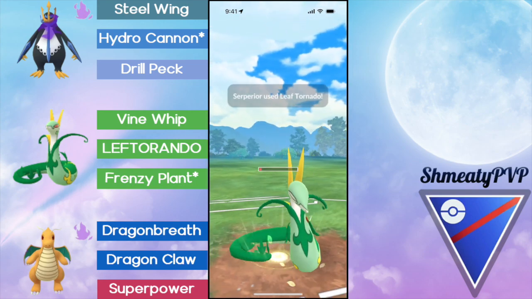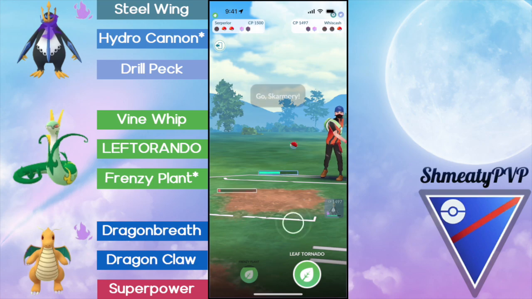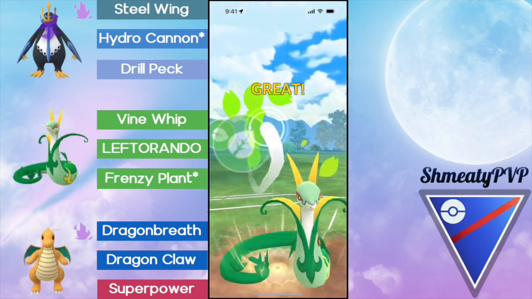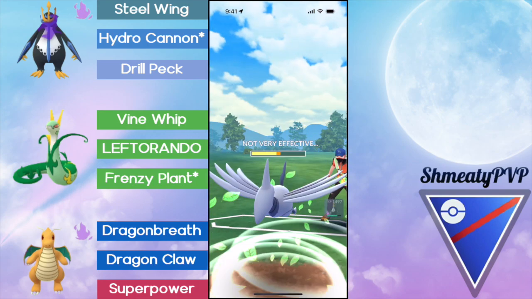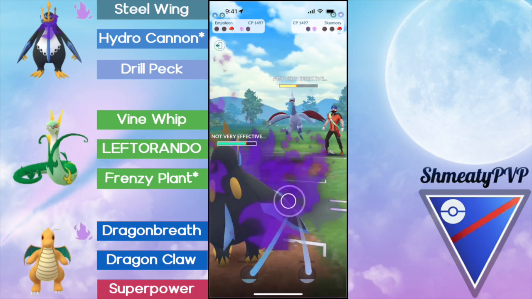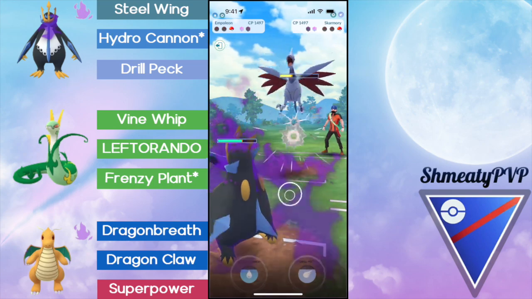I'm going to throw the LEFTORANDO onto the Whiscash, and if they don't shield here, their Whiscash is gone. So, what is the read from the opponent? They're going to no-shield it. We're going to be able to make a last-second LEFTORANDO here, and now, are we going to be able to get this debuff? No, we are not. Oh my goodness, the luck in these games has not been on my side,